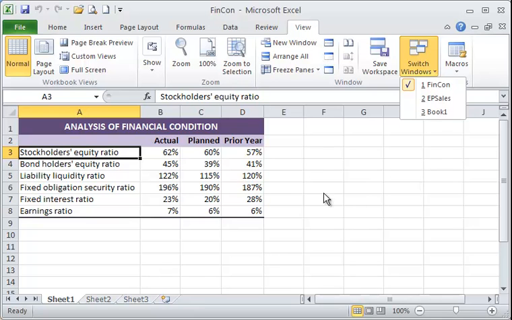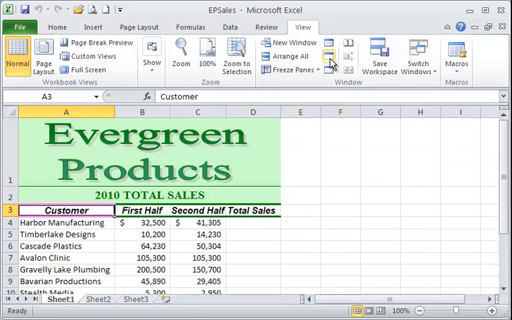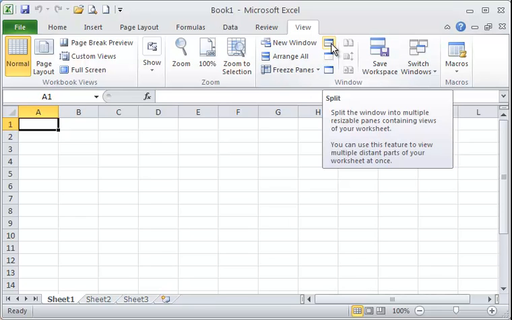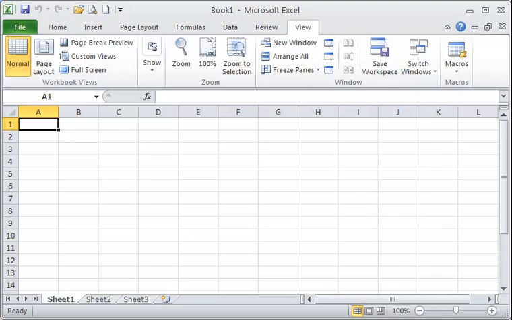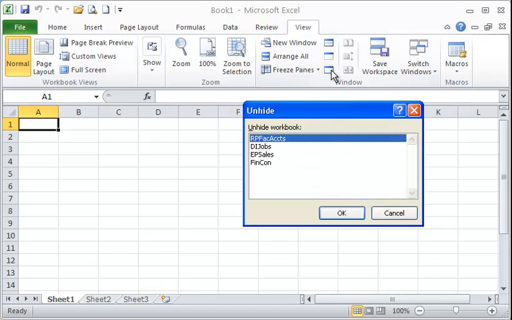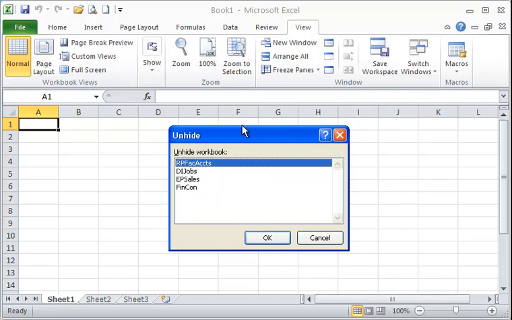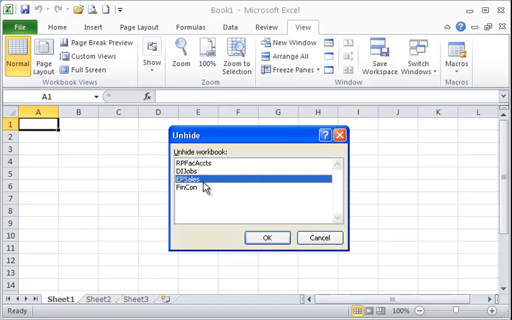Okay, and then to unhide your workbooks, you just go back to the Hide Window button. And I kept clicking the hide. It's the unhide window, but let's unhide that. Now I've hidden a lot of my windows, but it'll list out all the workbooks that you have hidden, which according to Project 3A there should only be 2, but since I clicked the hide button quickly, I've closed out the other ones too. So to unhide those, you just select the workbook that you want to unhide and click